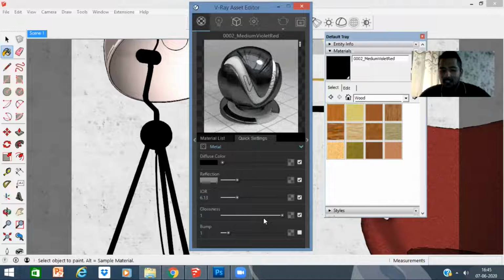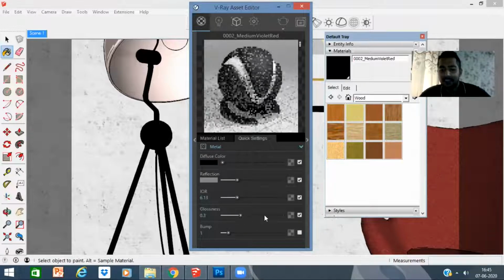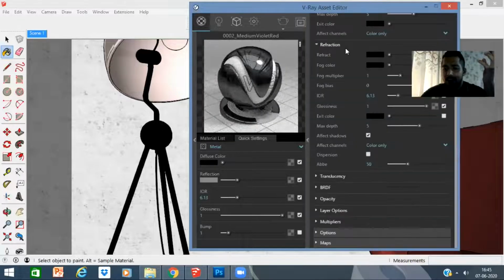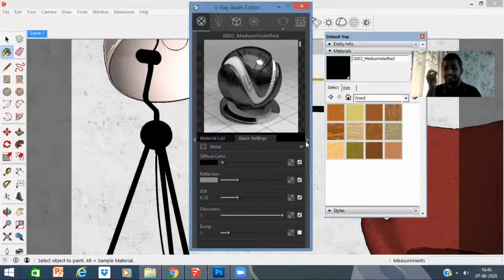Then we have glossiness, which we can also edit, guys. And see, these are just the quick settings, all right? So they're not the in-depth settings. When I enter into in-depth settings, for reflection alone there are around 12 or 15 edits over here, which we'll get into to understand in-depth editing, guys. Not every setting makes a big difference, but in total in the render it makes a difference.